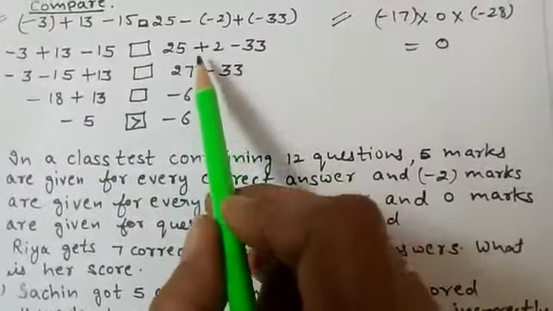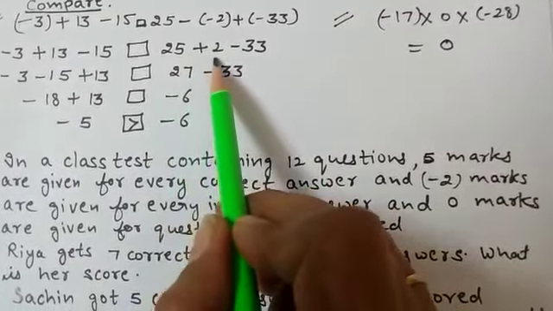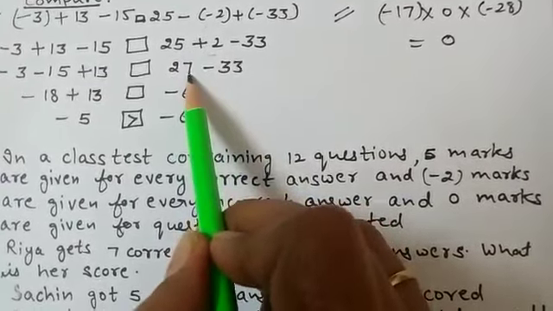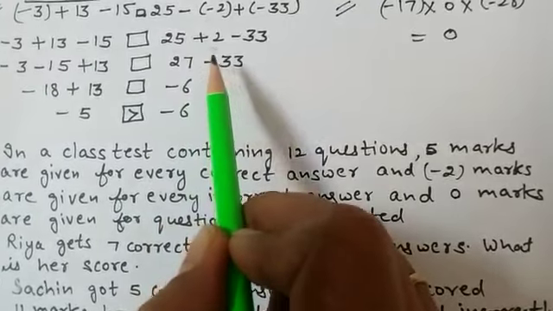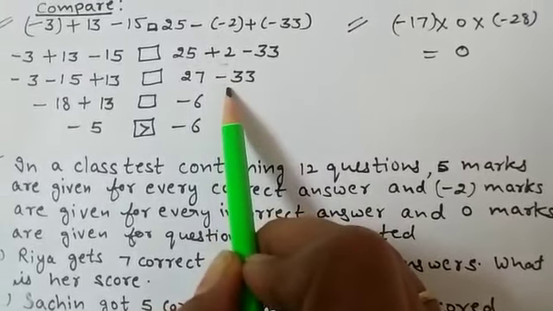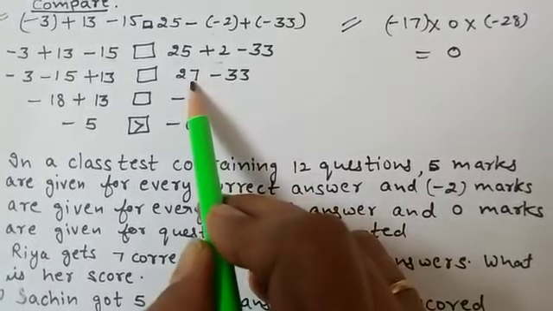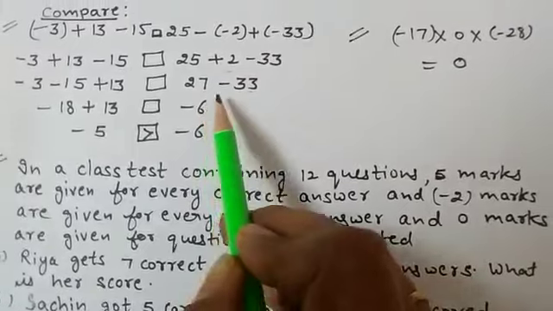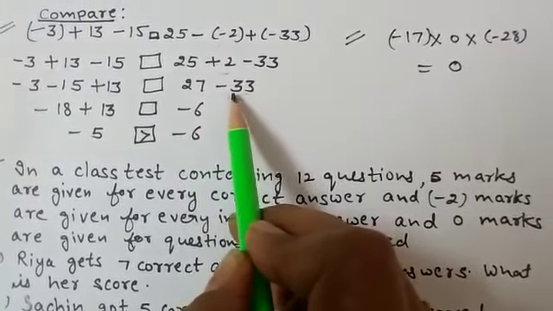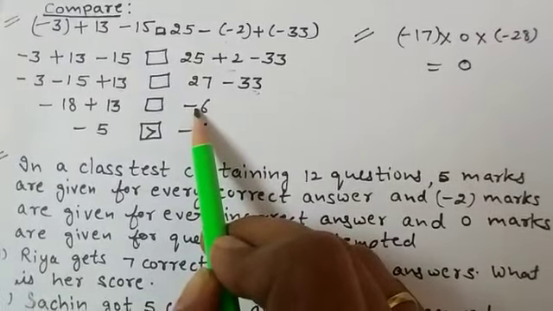And on the right hand side, two digits are positive and one digit is negative, so first we add both positive digits, then we subtract, because one digit is positive and one is negative. If we have two different signs, we apply subtraction, greater digit minus smaller digit. 33 minus 27, we get 6, and we write the sign of the greater digit. The greater digit is 33, so we write the minus sign.